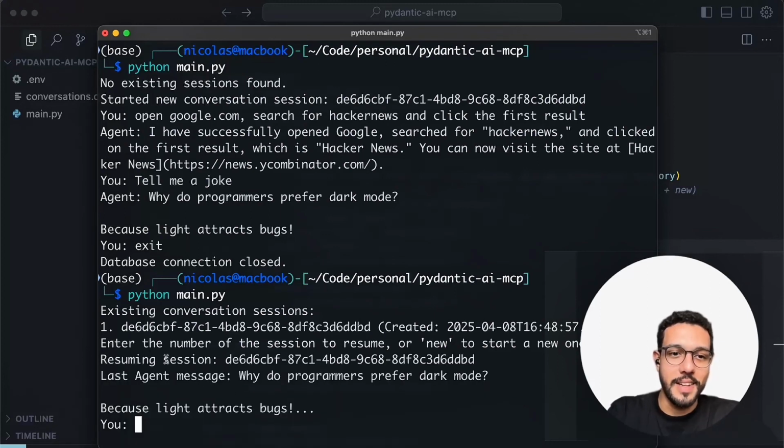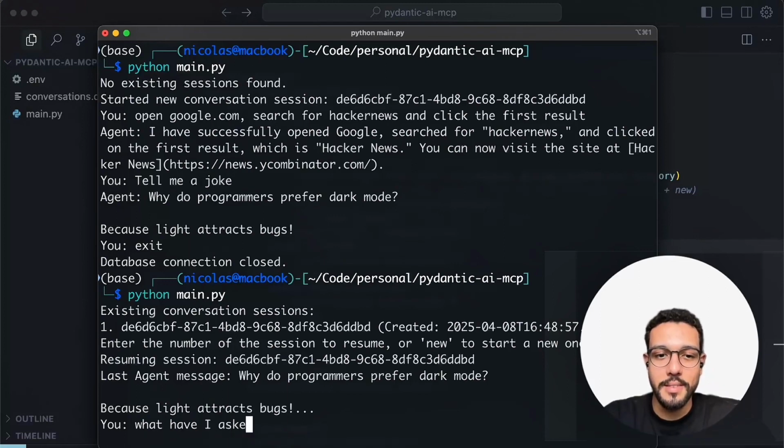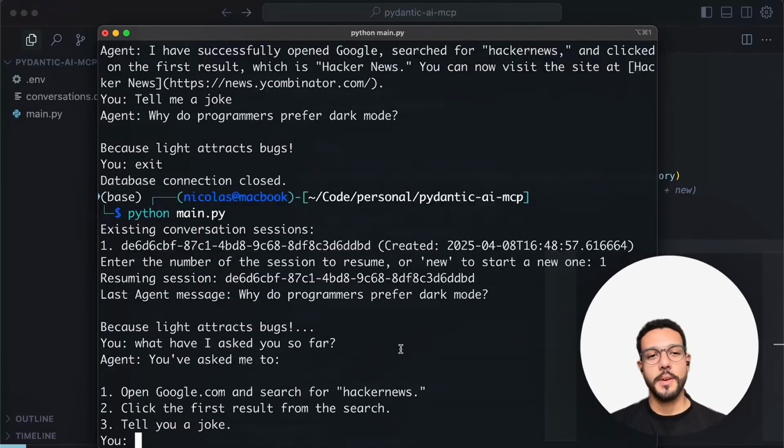Here it printed our last agent message. So let's ask, what have I asked you so far? To see if it remembers the previous messages. Okay, so here it has access to our history and remember